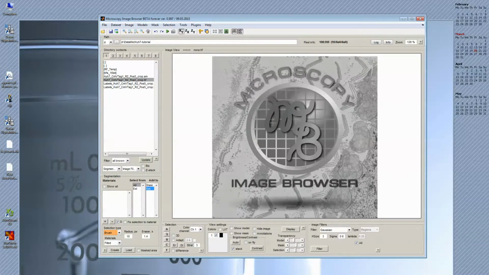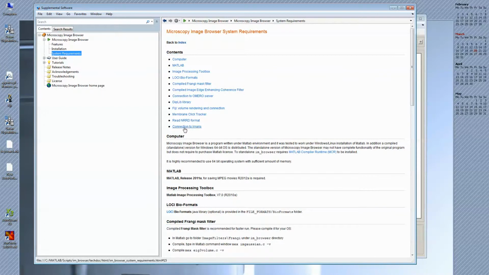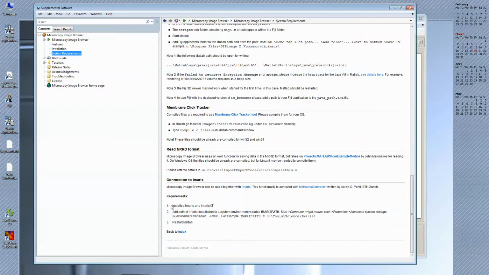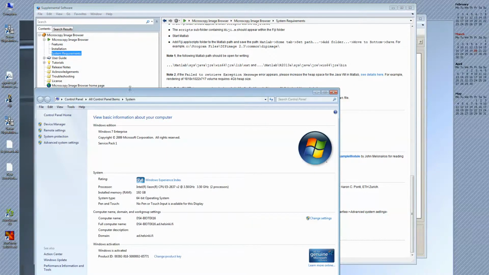Before we start, there is one configuration setting that has to be done, and it can be found in Help, System Requirements, Connection to Imaris. First we have to have Imaris and ImarisXT installed, and then we have to create a system variable which is called Imaris path. In order to do that, we need to get to the properties of my computer, and